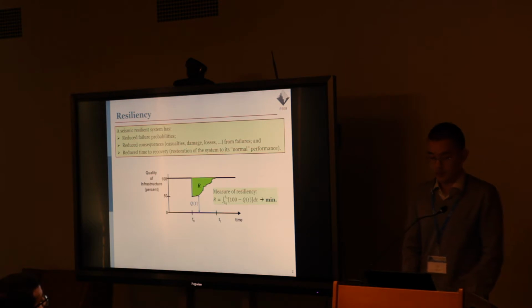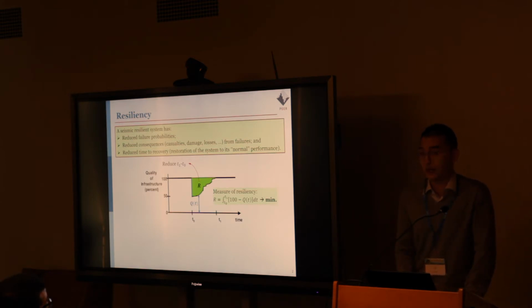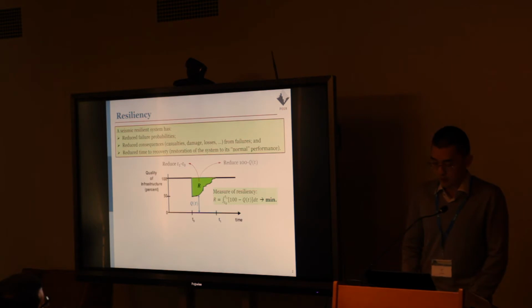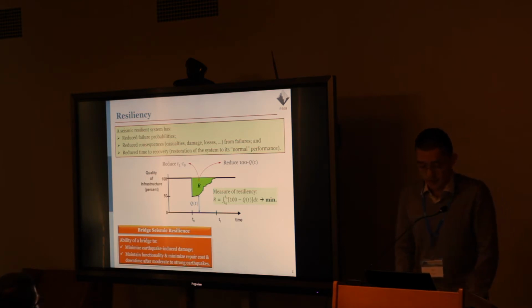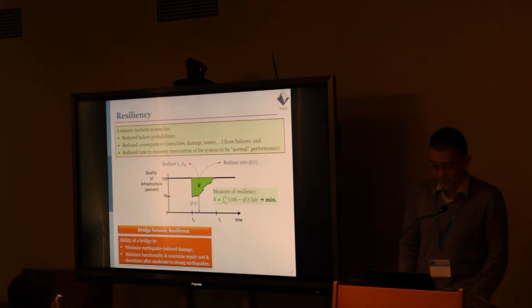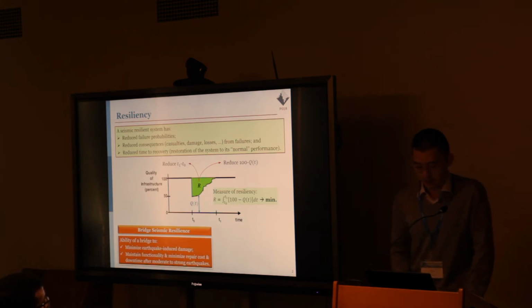And we have two ways to achieve this. First, we can reduce T1 minus T0, which is the time needed to bring the structure back to its normal operation. And we can also reduce 100 minus Q of T, which is the loss of the infrastructural quality during the earthquakes. So in terms of the bridge seismic resilience, it means the ability of the bridge to minimize earthquake-induced damage, to maintain functionality, and minimize repair cost and also the downtime after moderate to strong